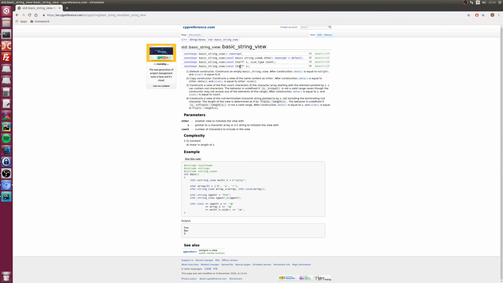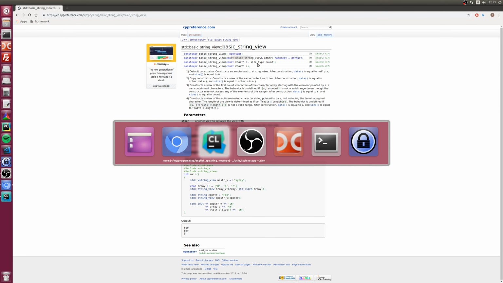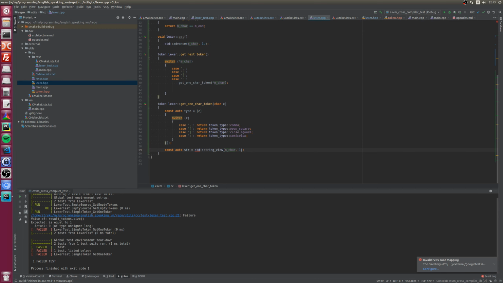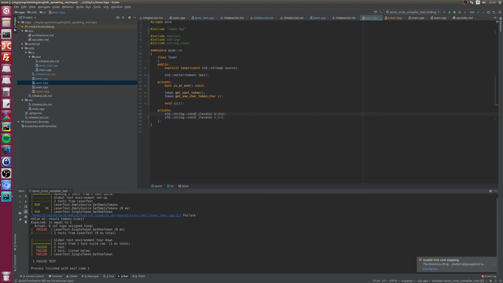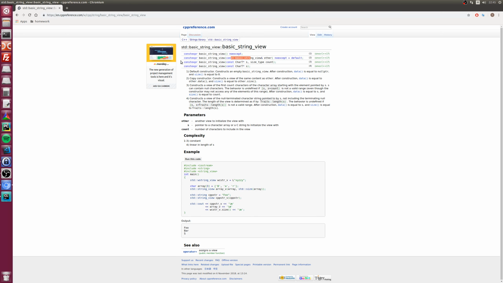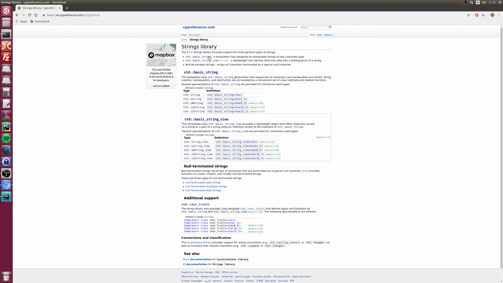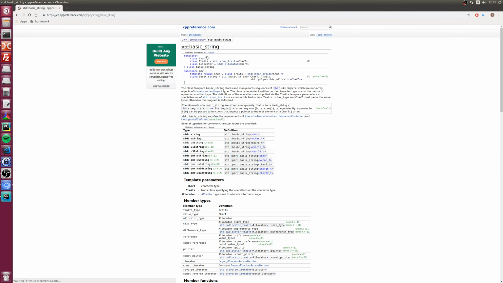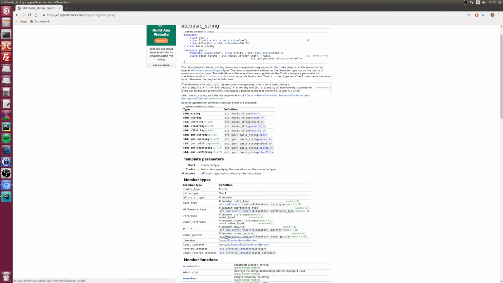Constructors, so okay. I don't want to check that here. So strings library, basic string. Cool. Const iterator.